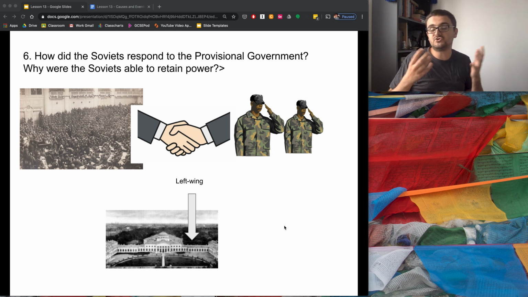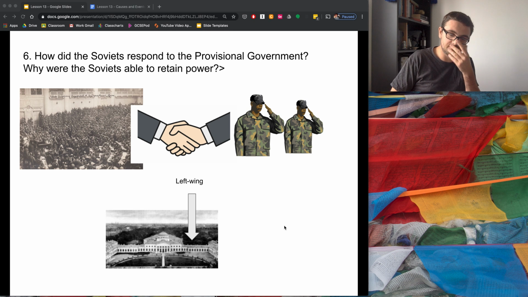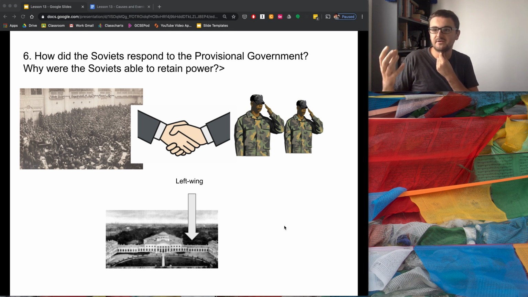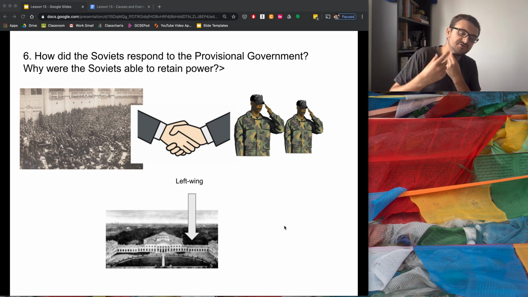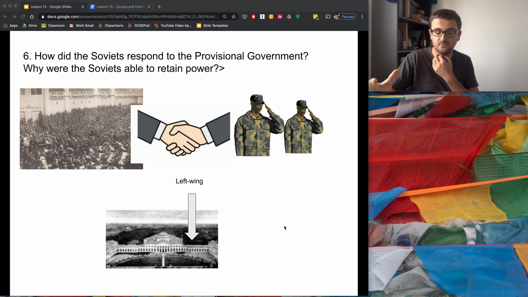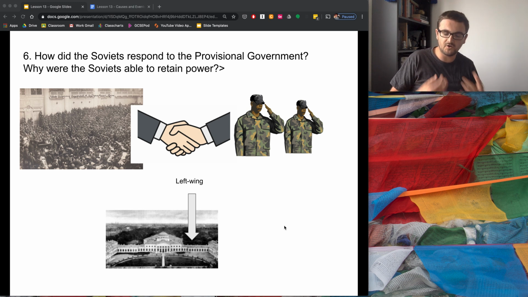And that agreement does actually have some benefits for both groups. It gives the military some decision-making control over the Soviet and how it will act going forward. But also it strengthens the Soviet because now they've got the military on their side and you've got all the force that goes along with that. This then became known, the Petrograd Soviet became known as the Soviet of Workers and Soldiers' Deputies.